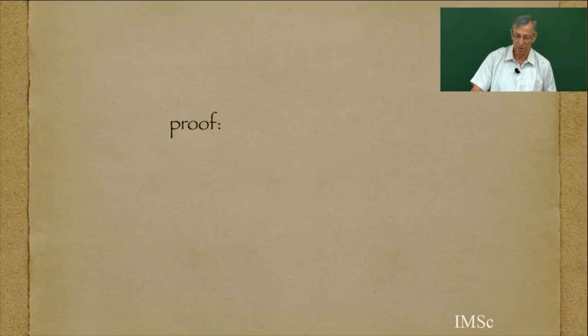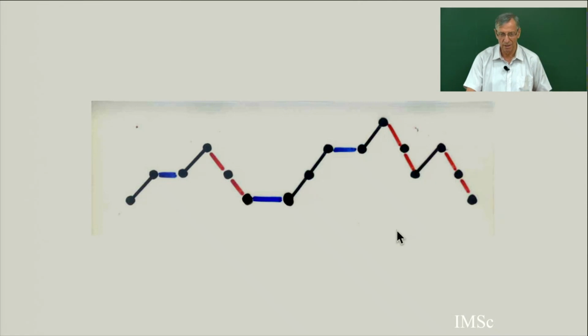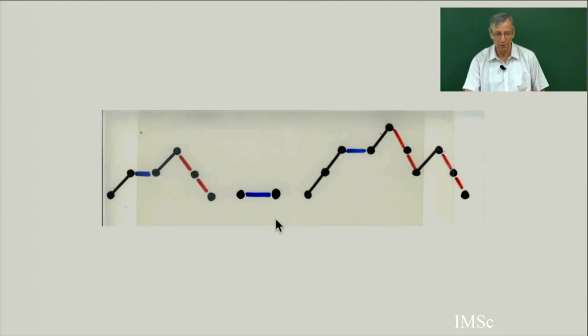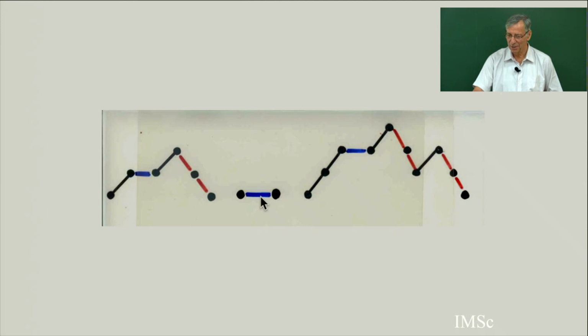And the proof is the easy proof. If you have a Motzkin path, if you know how to manipulate generating functions, Motzkin paths can be decomposed uniquely into a product of primitive Motzkin paths. Primitive means that it touches the zero level only at the extreme points. So it can be this, or it can be just this. And so it's a classical theorem.